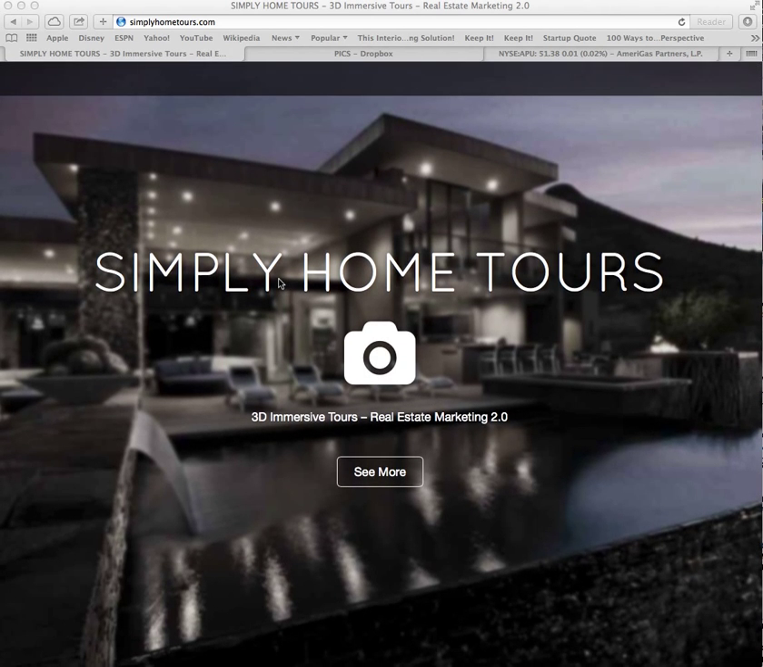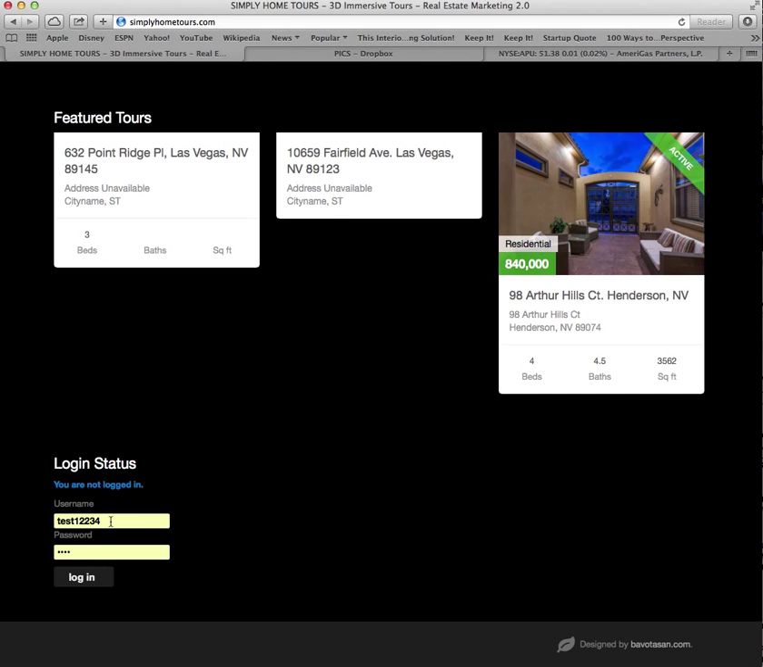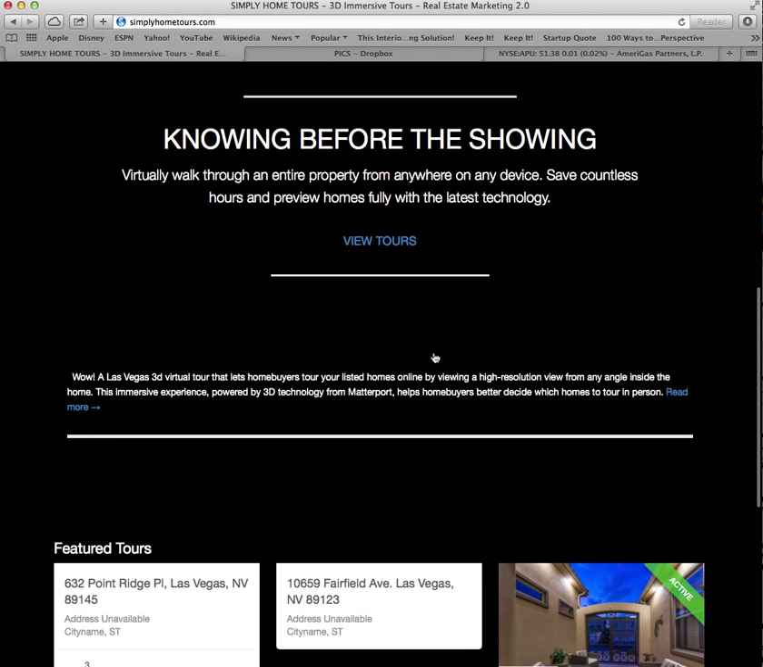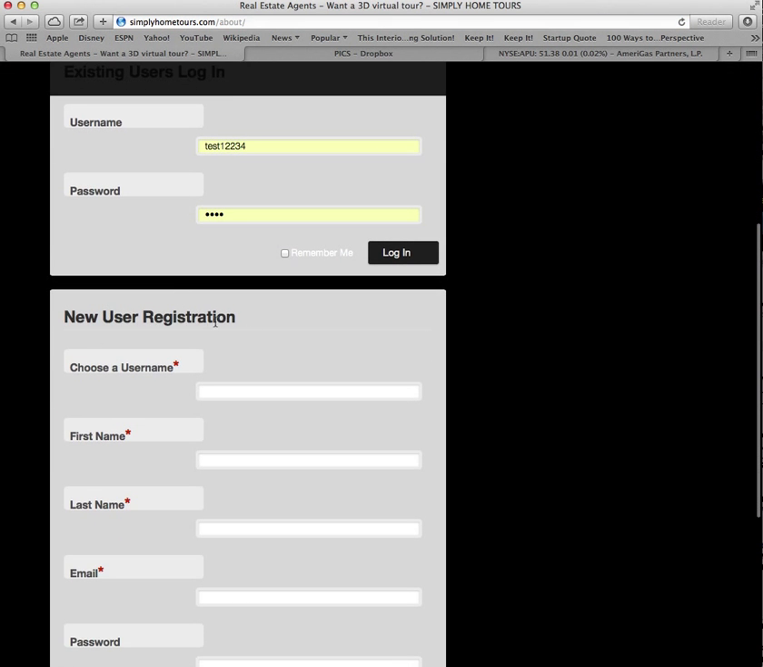for your site that you can edit yourself, all you need to do is go to this site and then go to the bottom and click here where it says Real Estate Agents Want a 3D Tour, click More, and it's going to go to this page right here which tells you to log in, okay? Now, obviously you'll be a new user, so I'm going to go ahead and register, we'll say Anthony